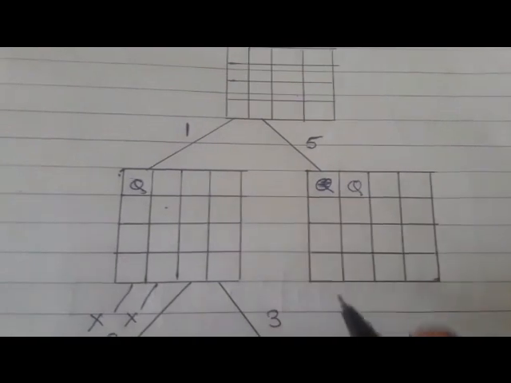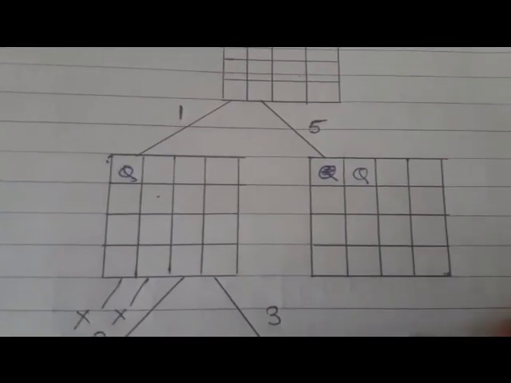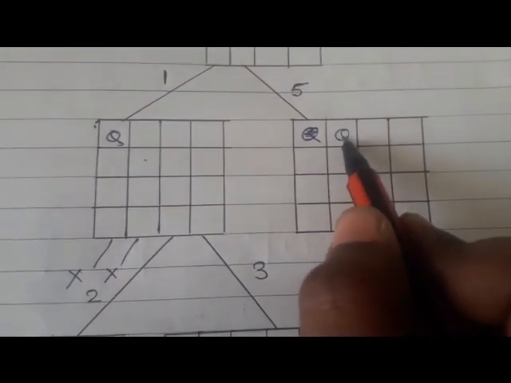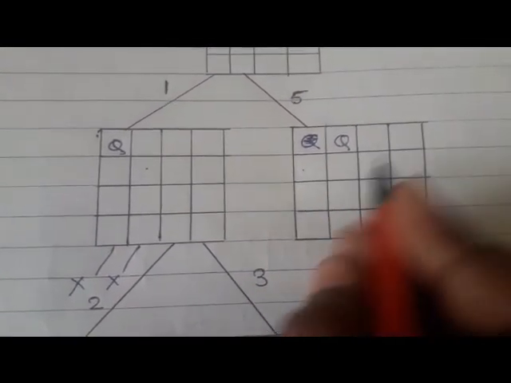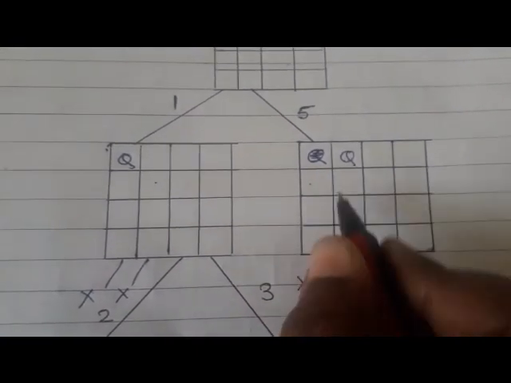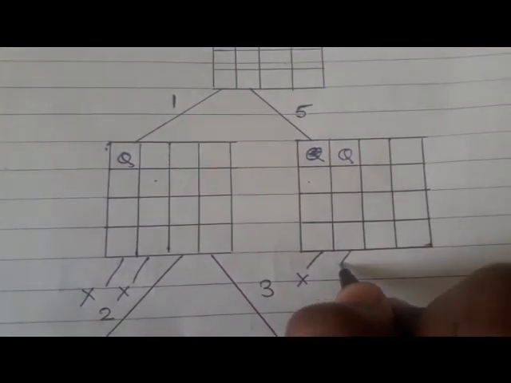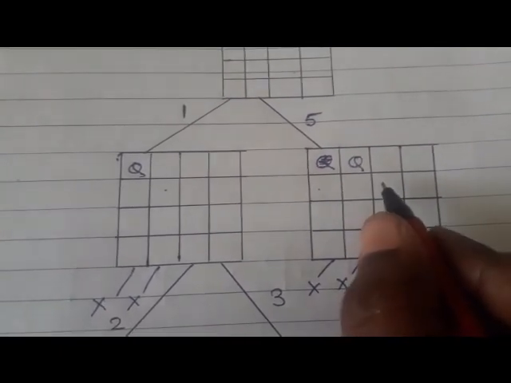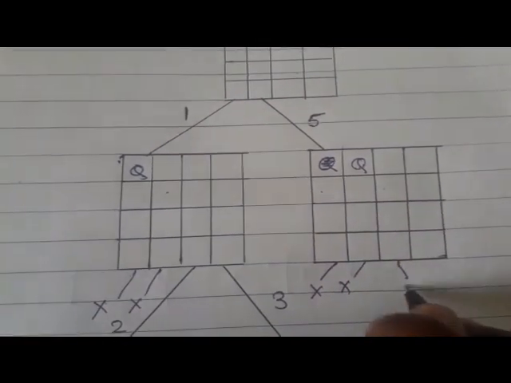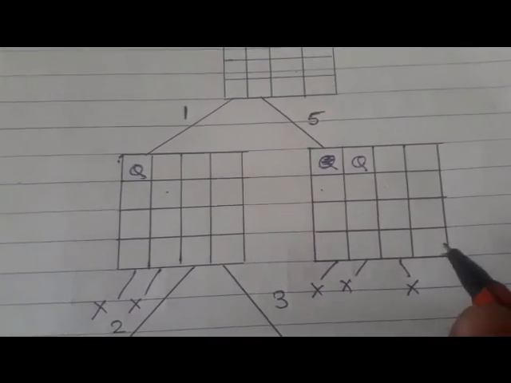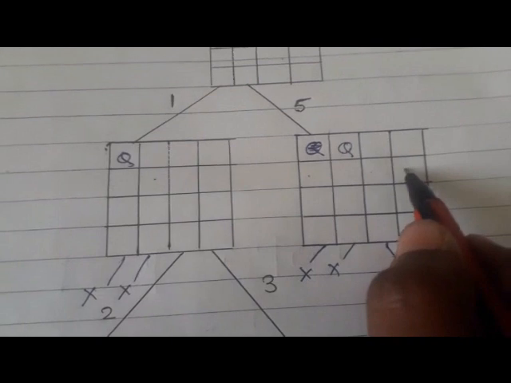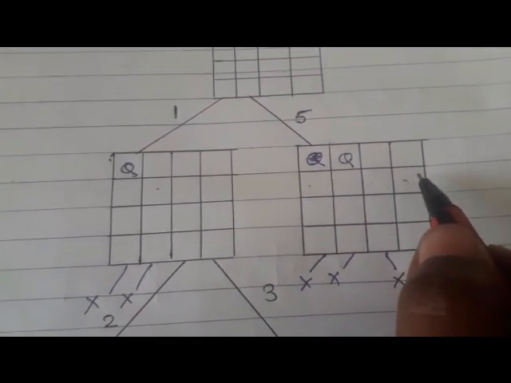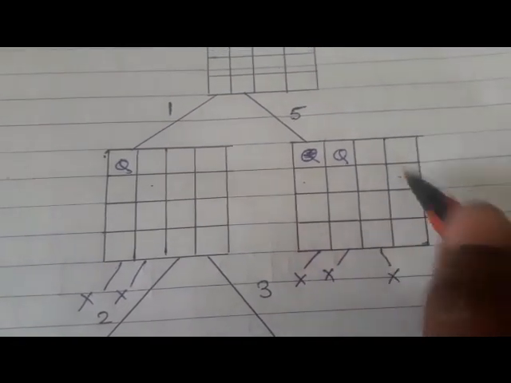Now we have to put the second queen. When we have to put the second queen, this first queen directly attacks here, so we can't write it in the first column. In the second column, this first queen is already present, and in the third column, this first queen can directly attack, so we can't write the second queen here. Only one position is left for the second queen, and that is the fourth column. So we put the second queen in the fourth column.